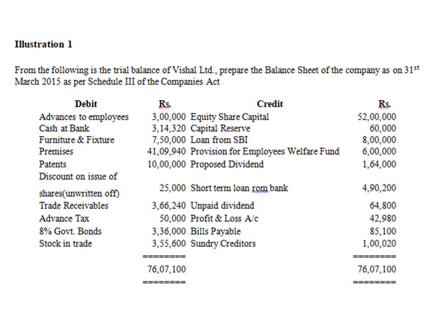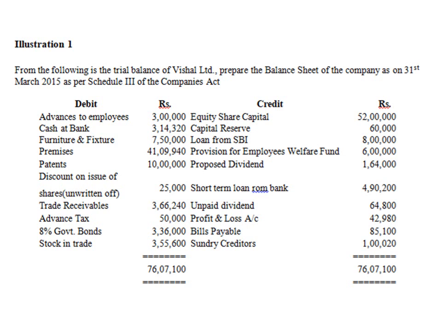Then we have stock in trade. Stock in trade can be shown under inventories. There is a subheading under current assets by the name inventories. This is where this item has to be shown. Next, let us look at the credit balances in the trial balance. First we have equity share capital. This should be shown under share capital. Then we have capital reserve. This amount should be shown under reserves and surplus.